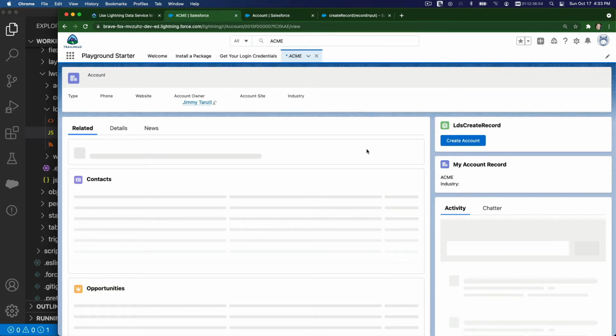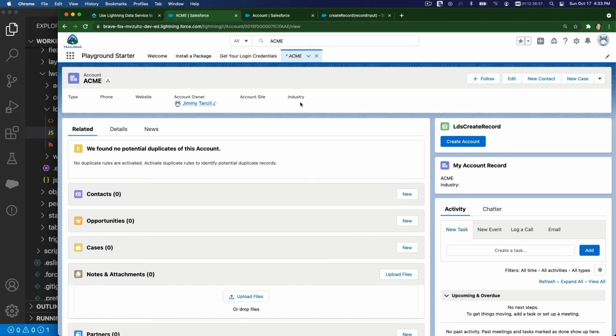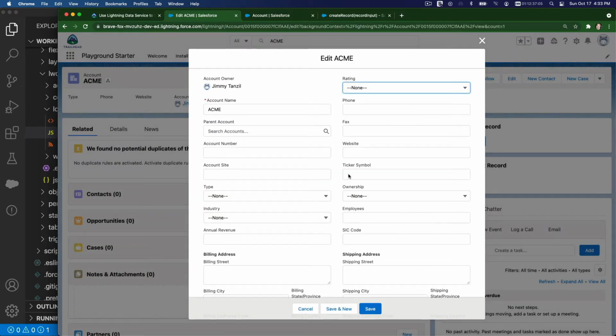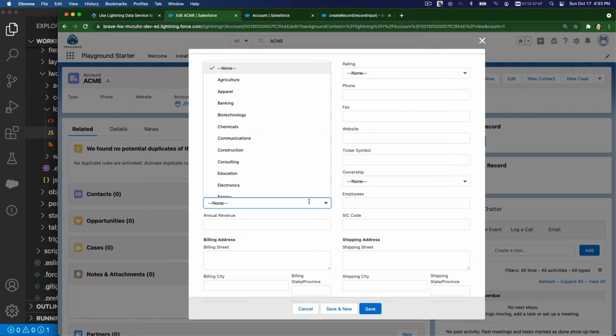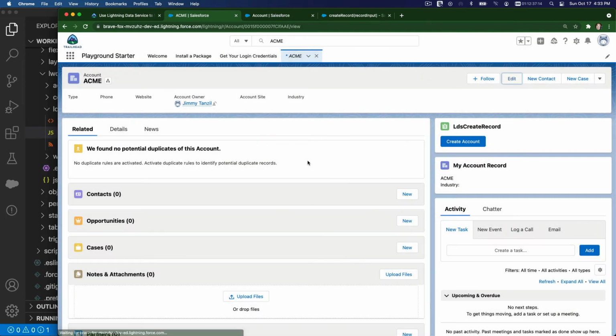Okay, now Acme doesn't have any industry, right? So let's choose an industry for Acme. So what's the available industry do we have? Because this is drop down, right? Let's say consulting. All right, so now if I modify this code,